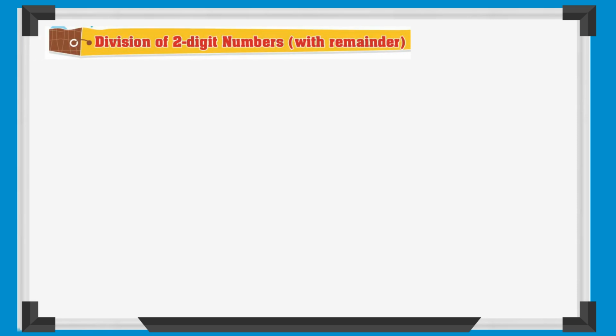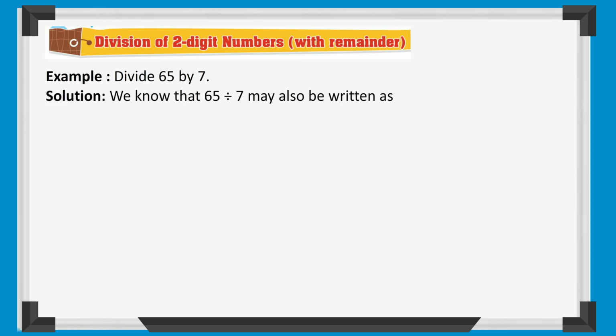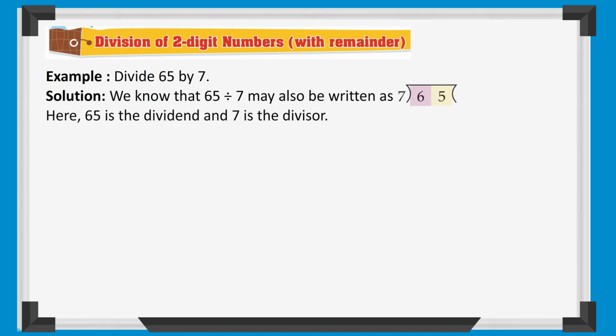Division of two-digit numbers with remainder. Example. Divide 65 by 7. Solution. We know that 65 divided by 7 may also be written as, here, 65 is the dividend and 7